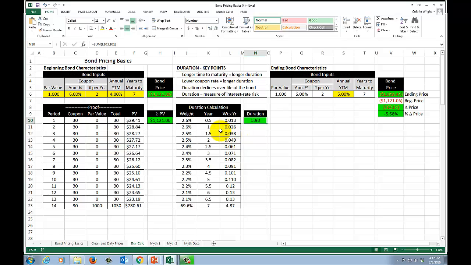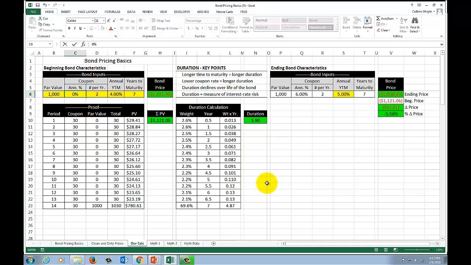The second big driver of duration is coupon rate. And there's an inverse relationship between coupon rate and duration. Specifically, lower coupon rate increases duration. I'm going to make the coupon rate 0. Check your comprehension. If I make the coupon rate 0,